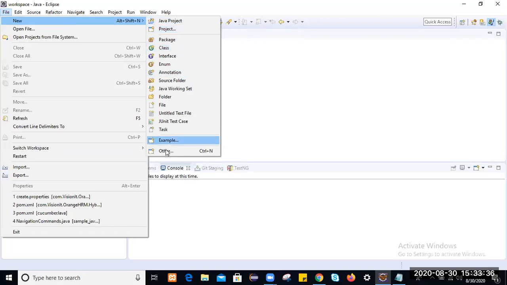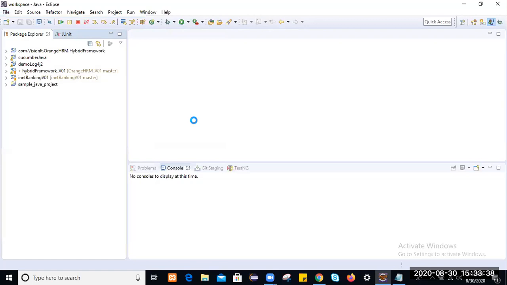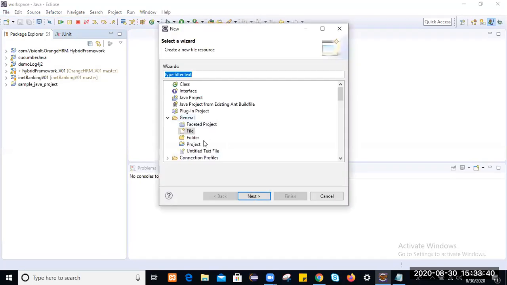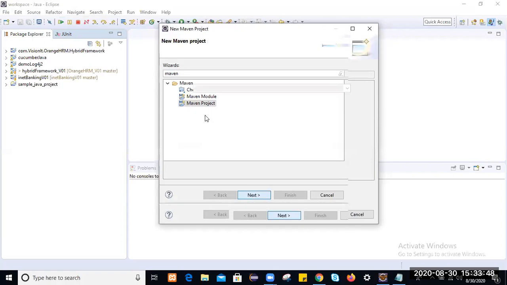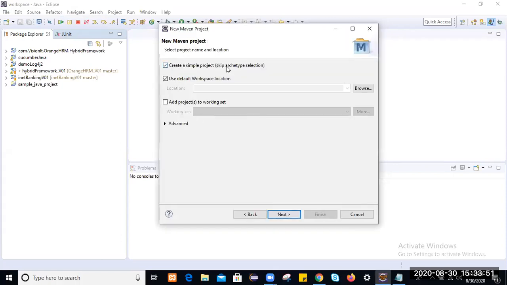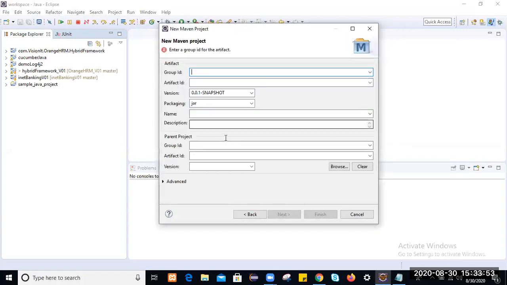Just go to New, click on Other, and search for Maven. And here create a Maven project. So create a simple project, click on next.